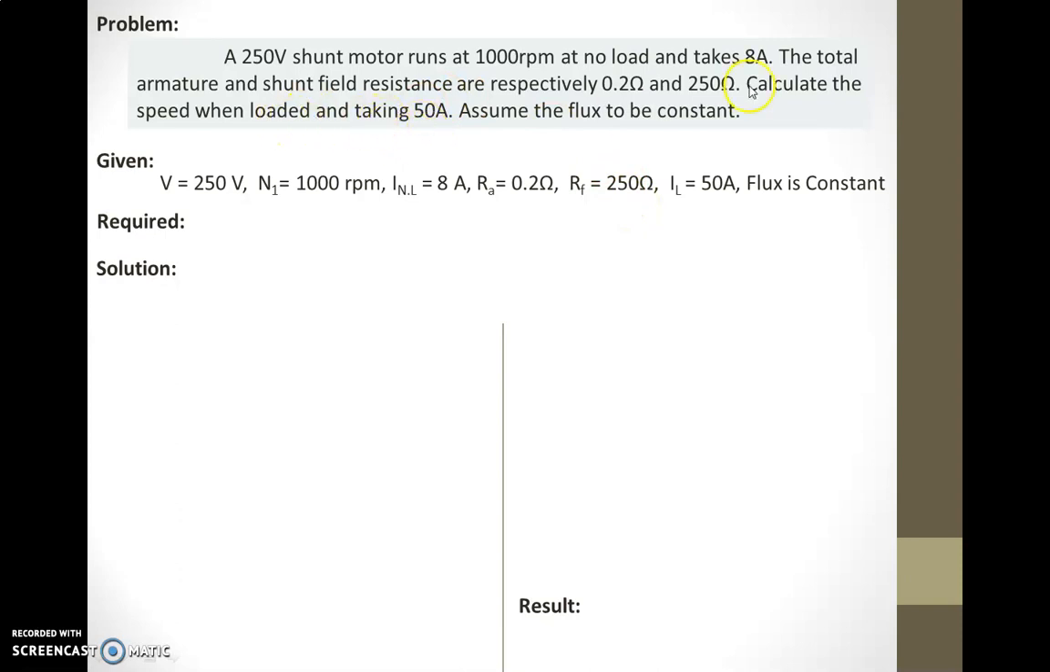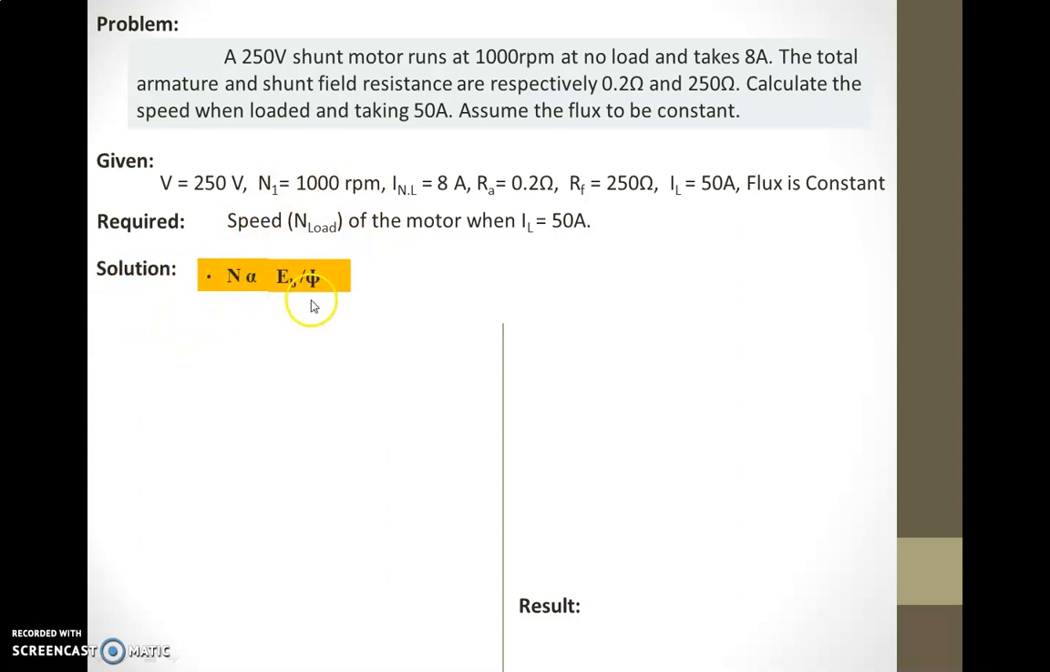When the motor is loaded, current is 50 amps, IL is equal to 50 amps. And also the given assumption, flux is constant. And the data required is speed during loaded condition. At the time current is 50 amps, so the required data is speed at load condition. Now the solution,